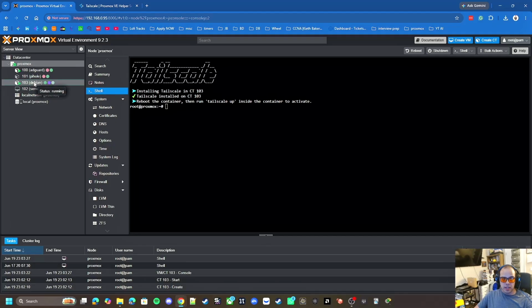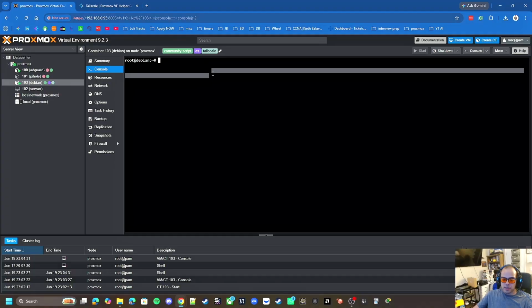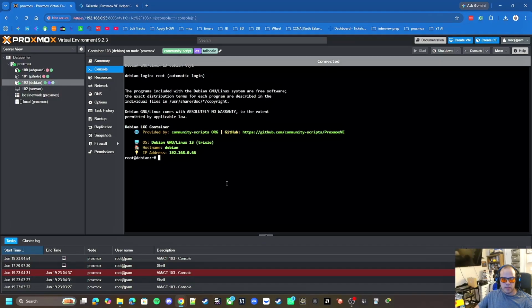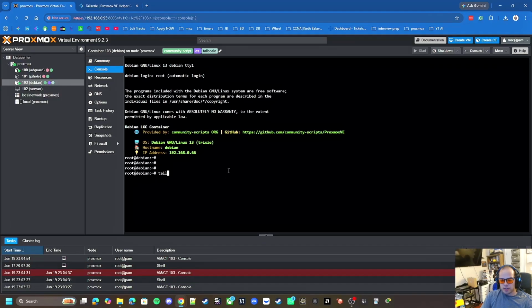So let me go to the container. There's other ways you can reboot the container. This is the easy way for me. So I'm going to hit reboot. All right, so I'm going to do tailscale up